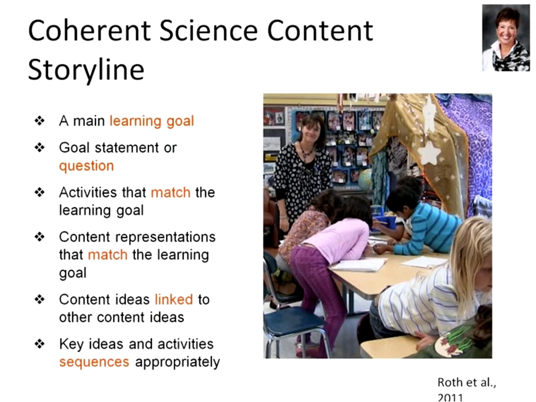So also just a really quick reminder of the features of a content storyline, very important. You have big ideas, the questions are matched to them, you start with the big ideas, and you connect content over time and through the use of